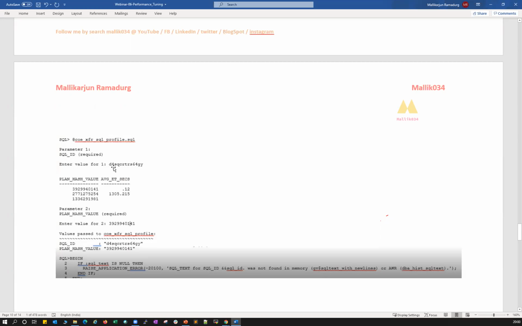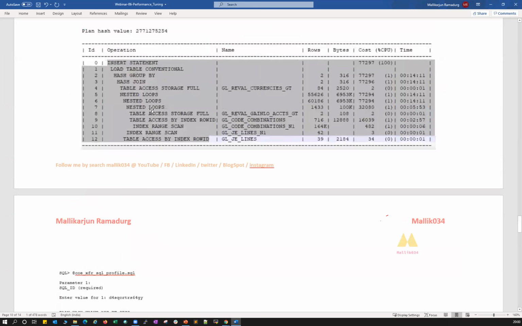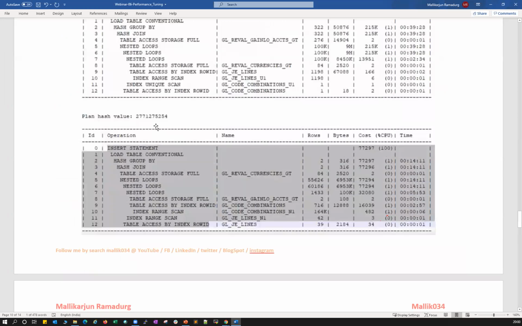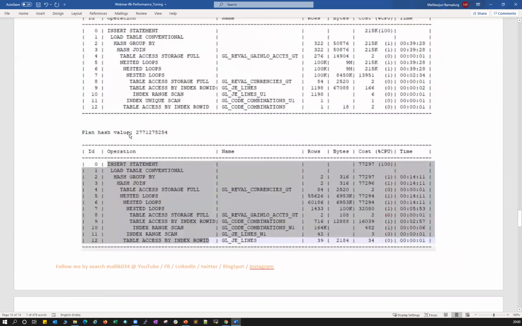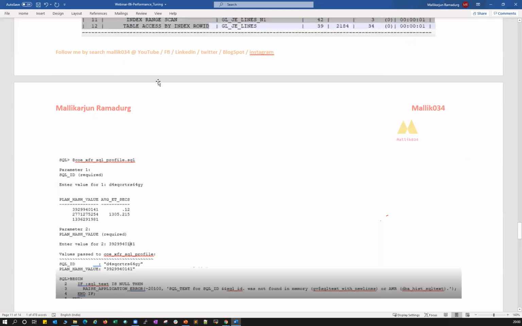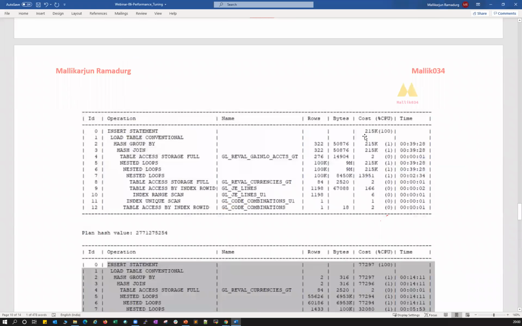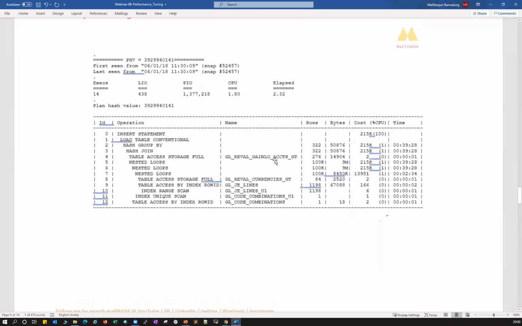The moment you run it, it will ask for the SQL ID. You can see the SQL ID remains the same, whatever I'm showing here. Only the plan hash value is getting changed. So I'm giving the same SQL ID here. The moment I give the SQL ID, it will ask for the plan hash value. So you decide the plan hash value ending with 141, and the cost is 215K,